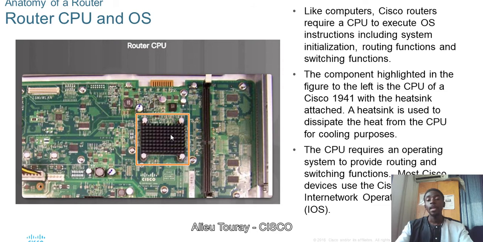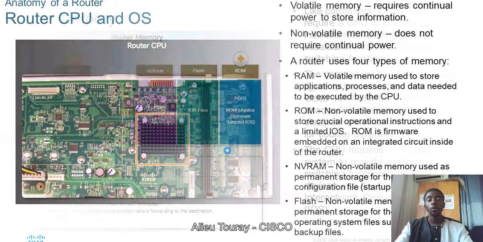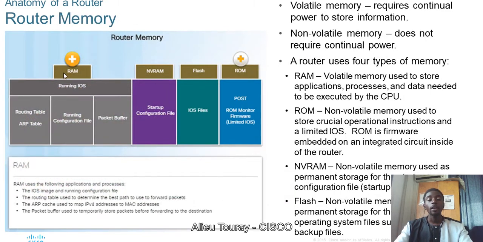Routers, like I said, are just like your PCs. They have a motherboard, a processor, RAM, NVRAM, BIOS, all that you're thinking about. They have all those settings, a CMOS battery and so on and so forth. So it's just like a PC, with all that a PC has, but the difference is that it does not have any GUI. The component highlighted in the figure here is the CPU, and you all know what the CPU is. Cisco routers also have RAM, and what RAM does is store the running configurations, and those configurations are kept before they are saved.